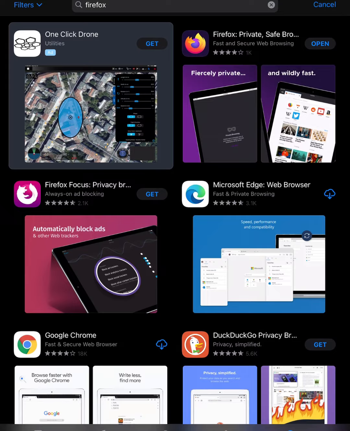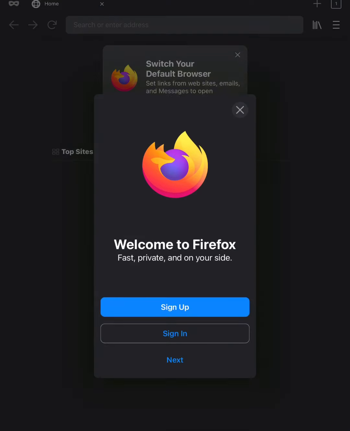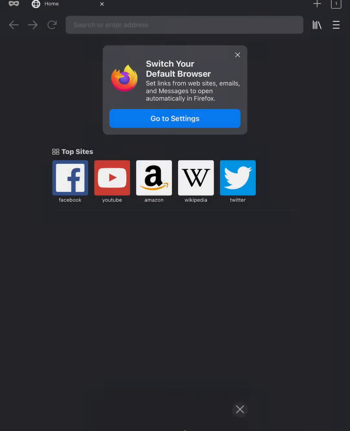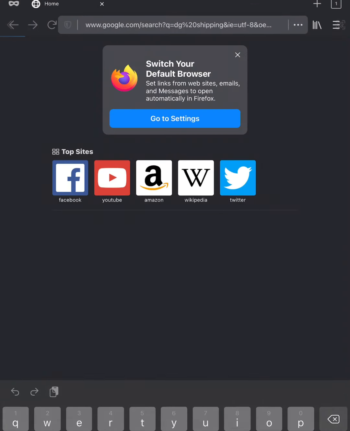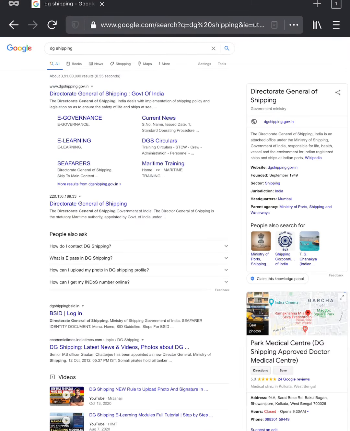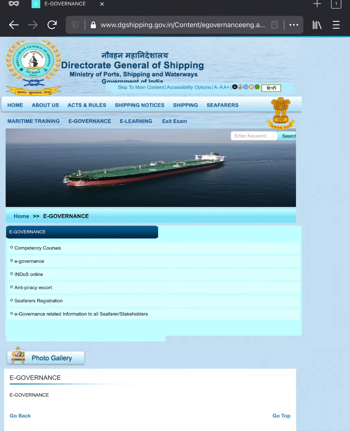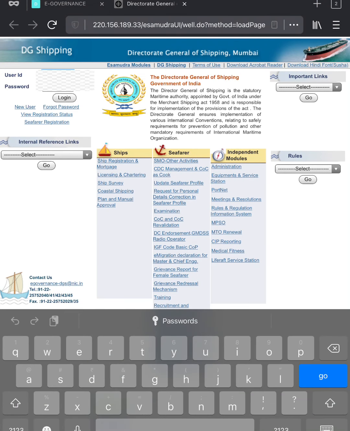Now I can open the browser. Let it be DigiShipping. I'll go to the e-governance and put my credentials in very quickly.